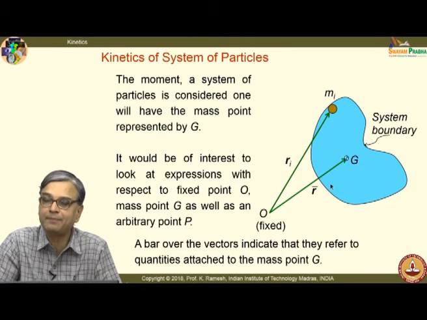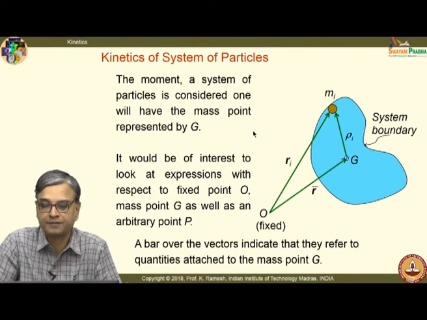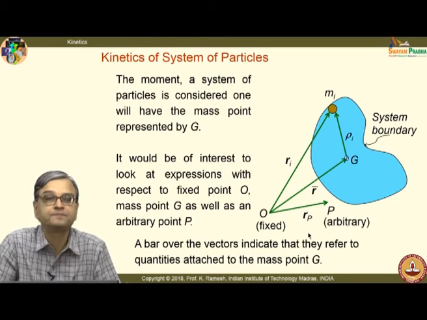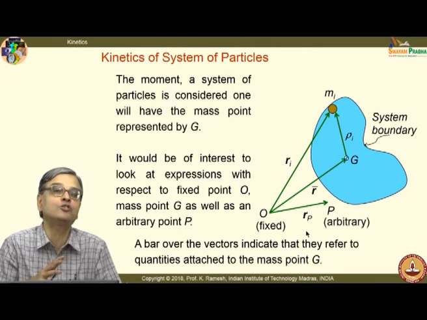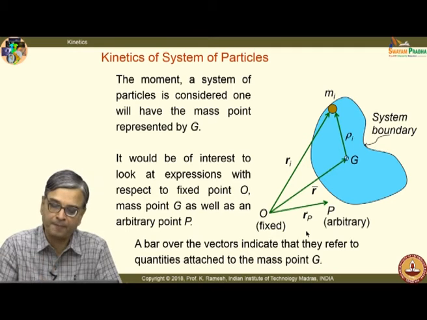So, we will also have to label the position vectors appropriately. I am following the same symbolism used by Meriam. So, I have this position vector represented by rho. I have rho I from the mass point G, and I have an arbitrary point P located at a position vector Rp. For clarity, I am putting it outside. It can be anywhere that is convenient to solve a given problem, fine.